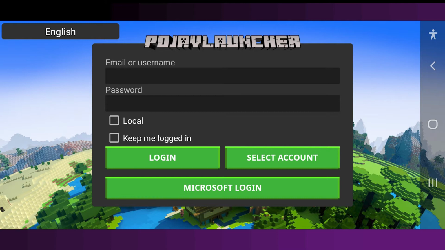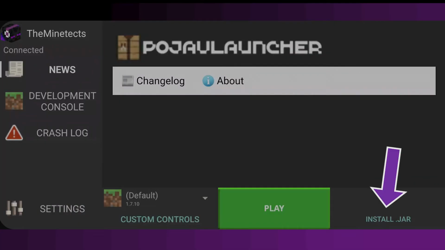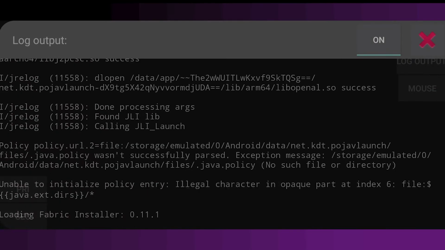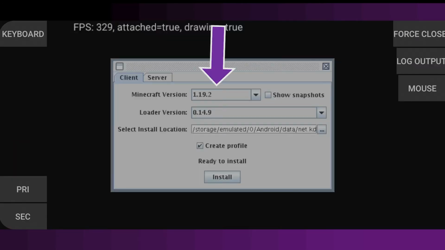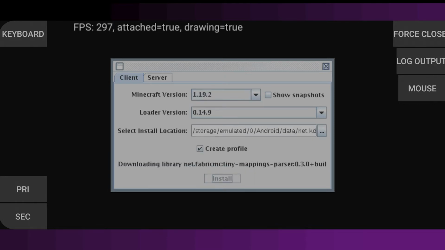Then you go into the Podshaf Launcher and you log in with your Java account from your computer. After the account migration, you have to take the Microsoft login. Then you click on Install Jar and you select the Fabric or Forge file. And here you can select the Minecraft version you want to play in, and then you have to click on Install.